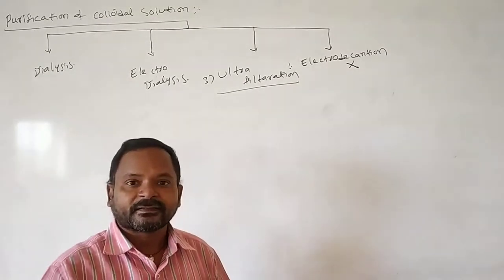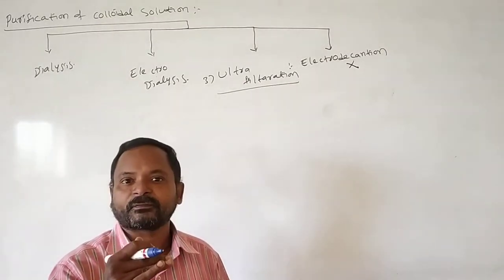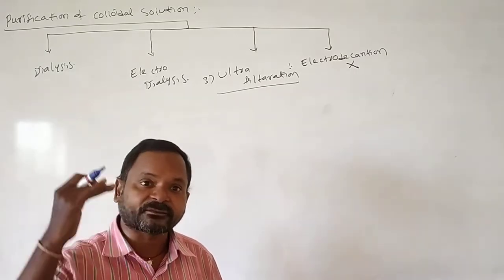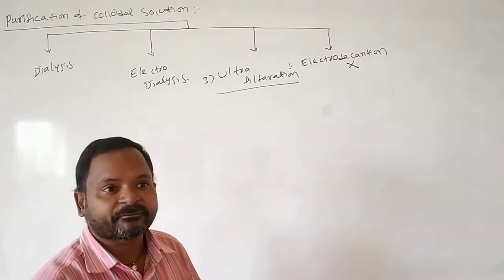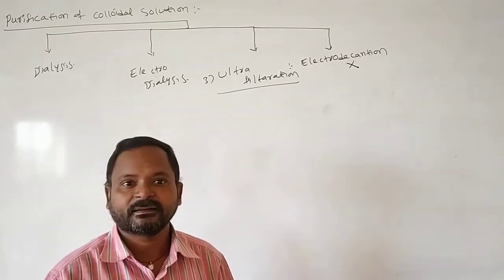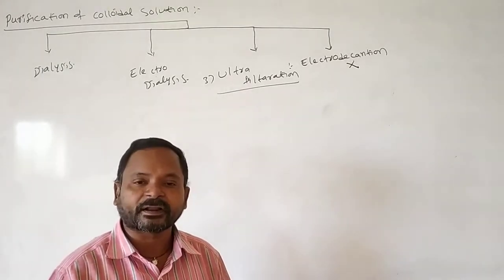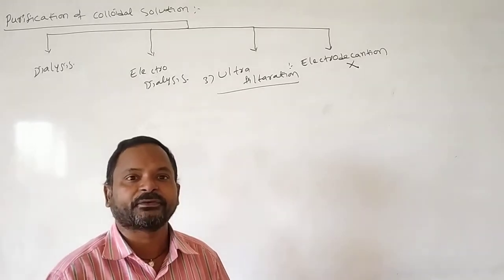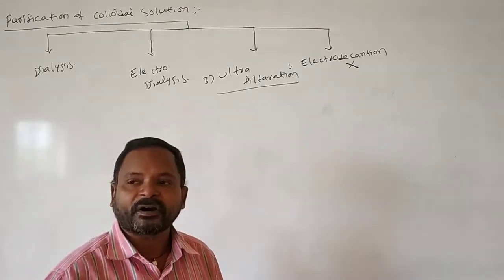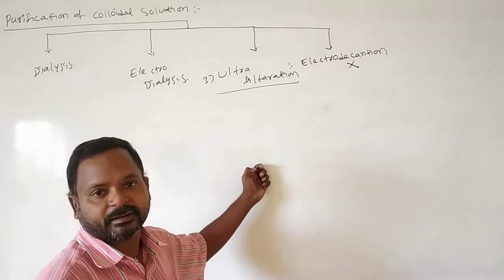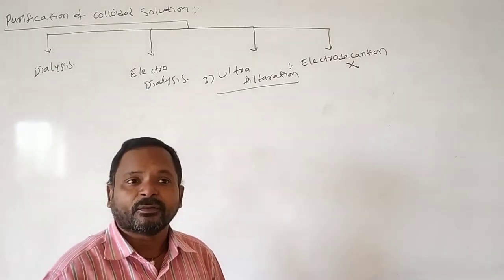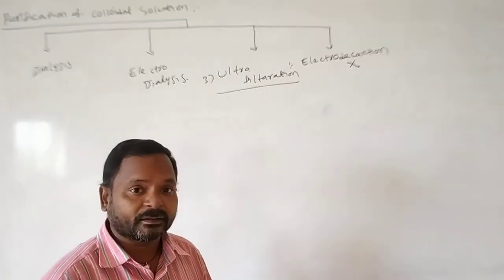Here also, it is the separation of impurities or solvent particles from the colloidal solution by using filter paper. We call this filtration. What is the filter paper? Whatman filter paper, grade 1, grade 2, all those are used as filter papers. Instead of that, parchment membrane or semi-permeable membrane are also used as filter paper.